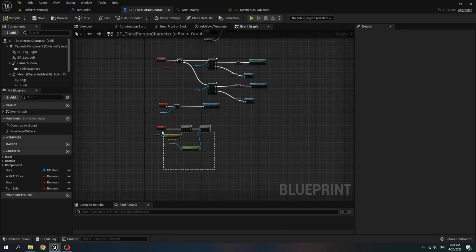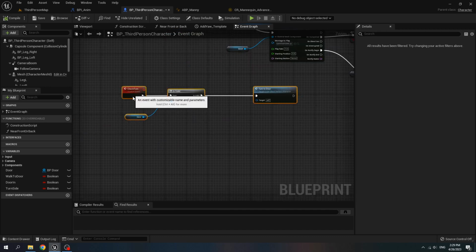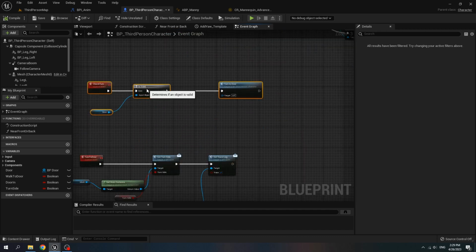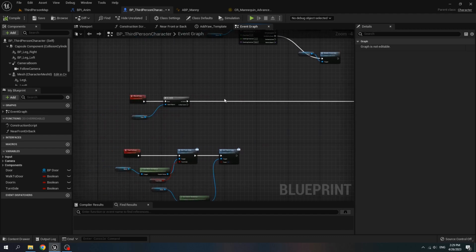The character needs to turn left or turn right to the door, and we find the lesser angle that the character needs to turn and turn to that side.